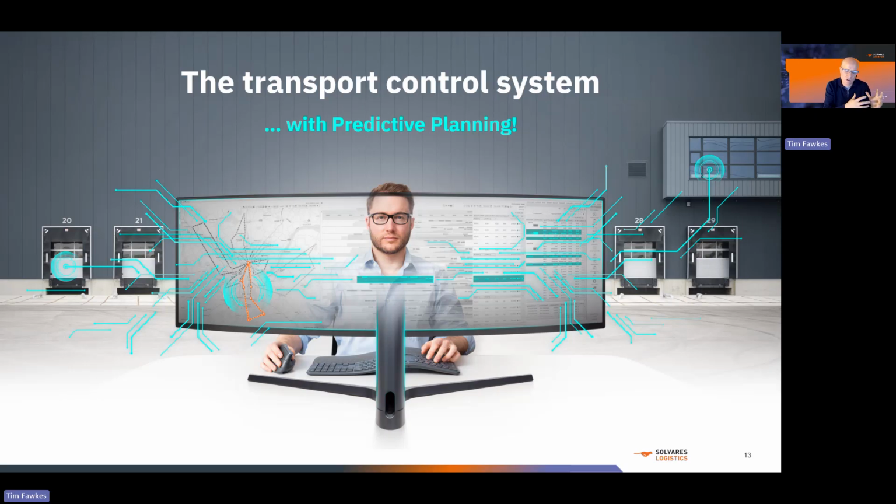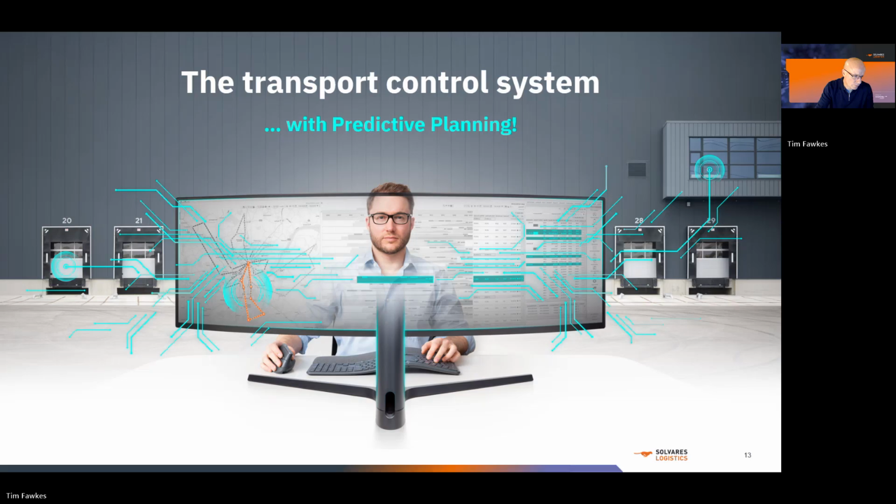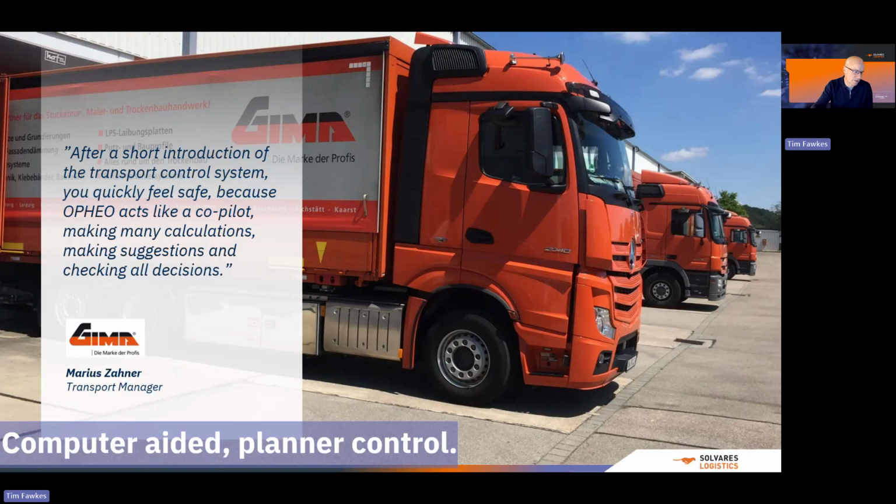Once those routes have been planned, they're released, and they can be released to a mobile device and also released on the system. When you release the plans, the plans are then ready for the operation to commence, and this is when the predictive planning comes in. So I've got another case example here of a customer that we work with, GEMA, which is a customer working